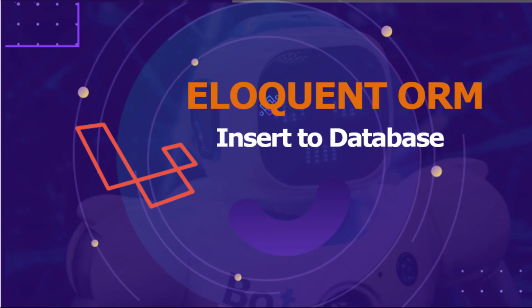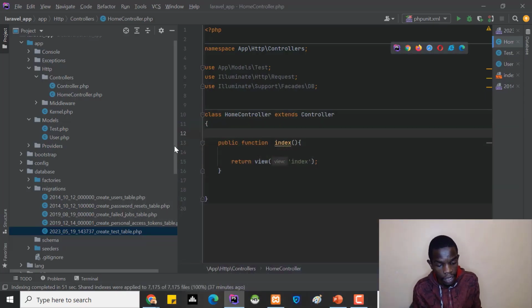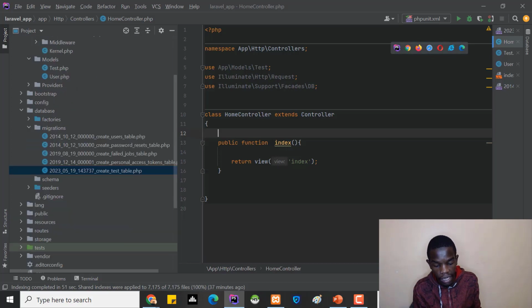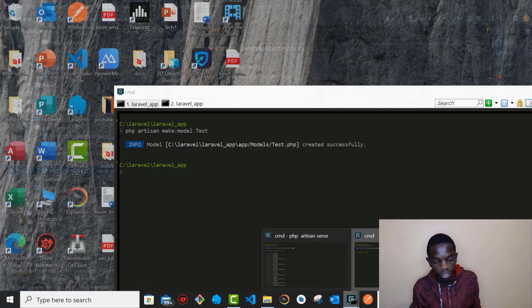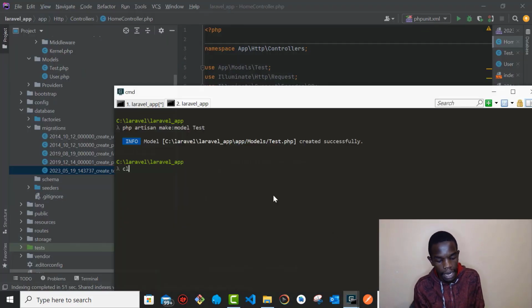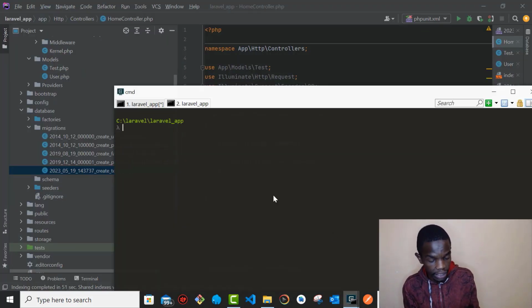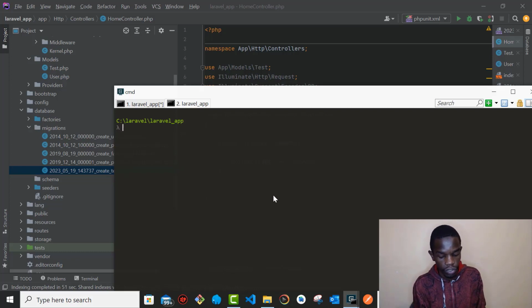All right. So just to remember everything that we have learned so far, I'll be combining everything that we have learned so that we can pick up as we go along. So I'm going to create a migration. So I'm going to say PHP artisan make migration, and this migration is going to be create, let us call this table maybe